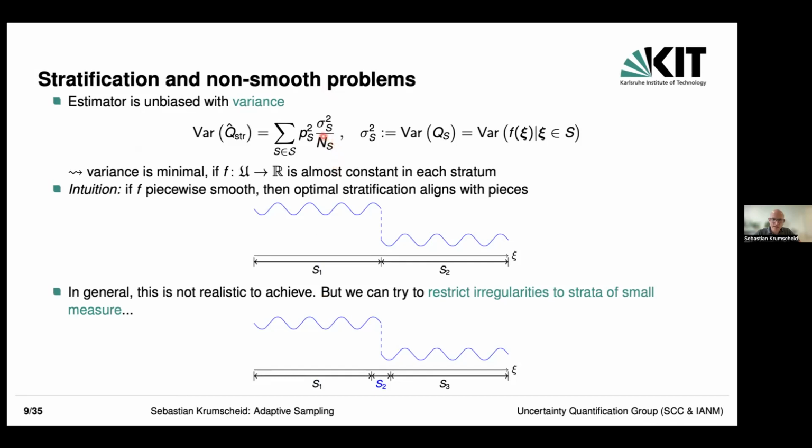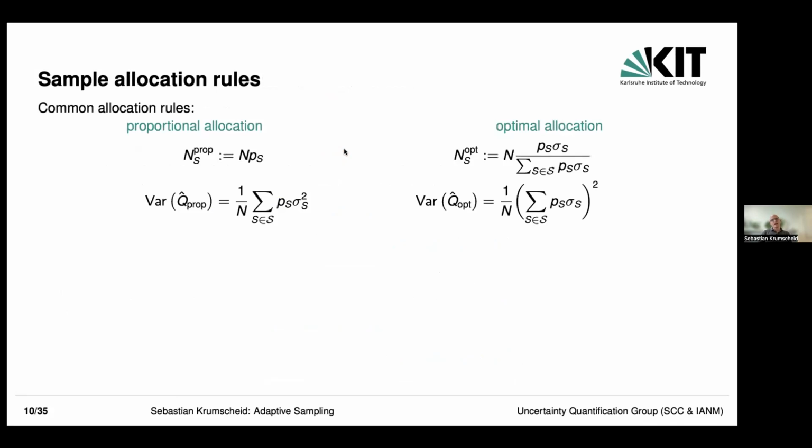The question we still have to answer is, how should we choose the number of samples in each stratum? If you check the literature, there are actually two most popular approaches. One is the so-called proportional allocation, which says that the number of samples in my current stratum S is chosen to be proportional to the total number of samples I'm willing to invest, and the proportionality is given by the size of each stratum. If I then use this particular formula for N_S, I end up with a variance for the proportional allocation stratification estimator of this type.